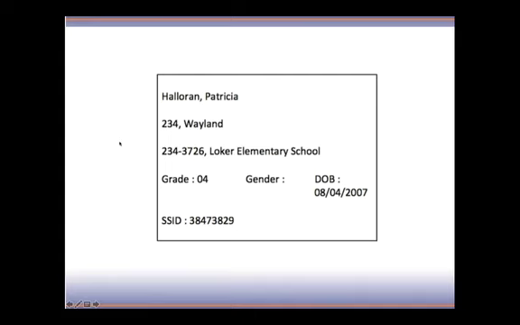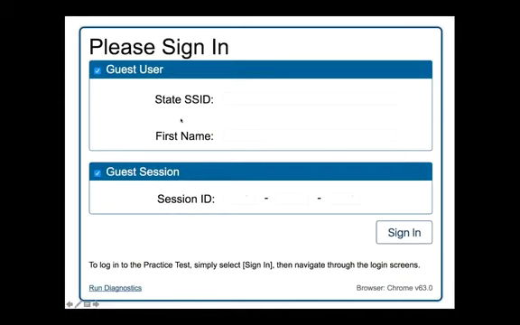This is a test ticket. In order for the students to take the test, they have to know how to log in. The 2 pieces of information they need are their first name, spelled the way it's spelled in the system. It may be spelled wrong in the system, but then they have to enter it incorrectly if that's the way it's spelled. And they need this SSID. So you can print these tickets and give them to them. Here's the screen. Actually, the screen this year looks a little bit different than this, but it wants the same information. It wants the student's ID number, their name spelled exactly the way it's spelled on the card, and then that session ID that you got when you started the live session.